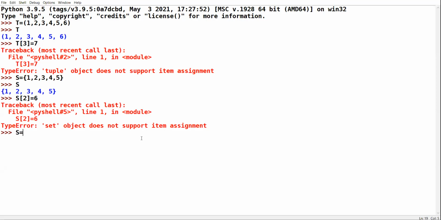I try to create a set by passing 3 twice. See here, value 3 is repeated, but when you print it, the duplicate value is eliminated. Am I clear?